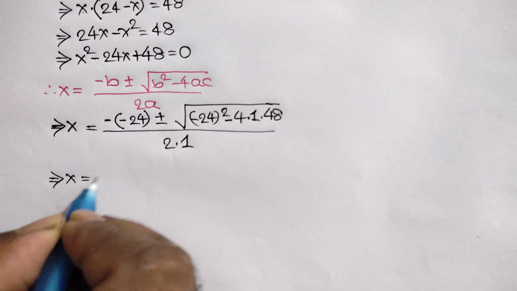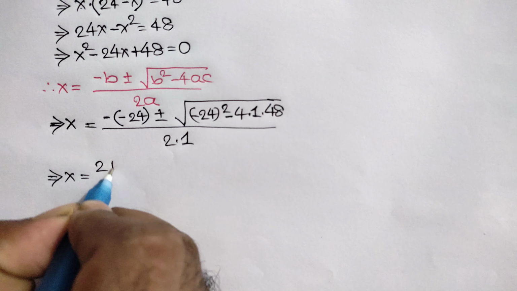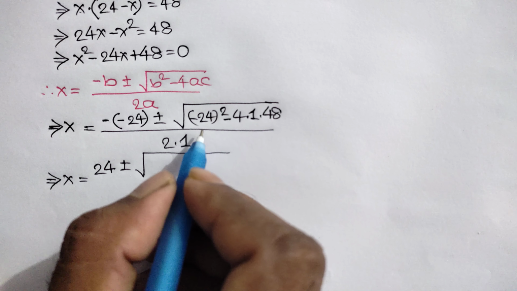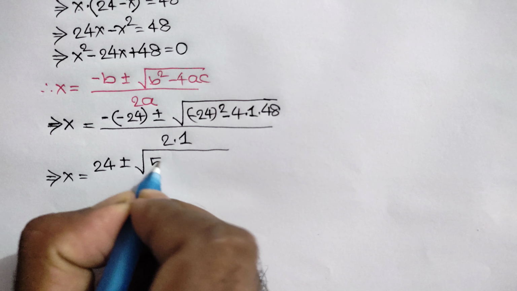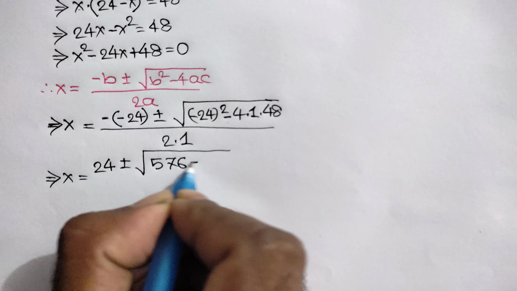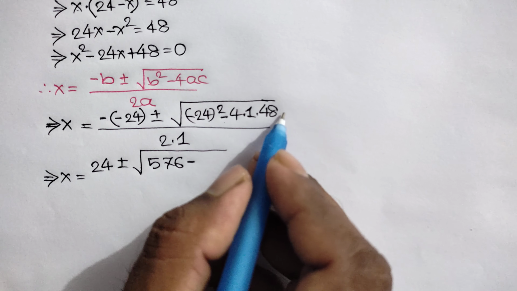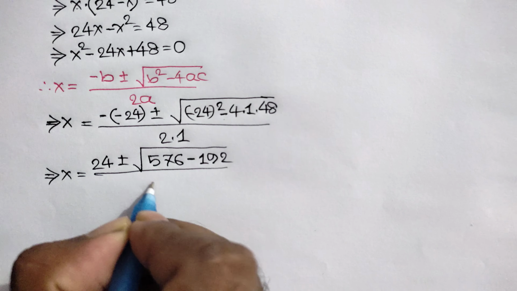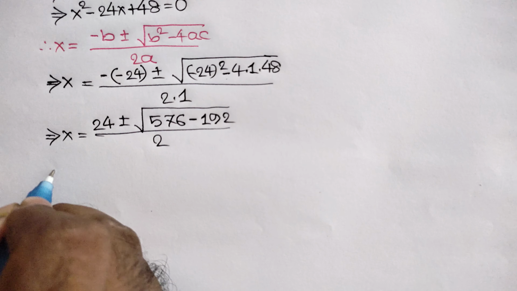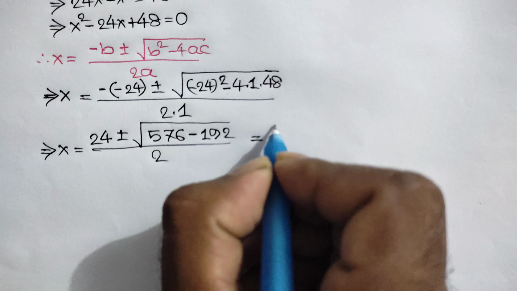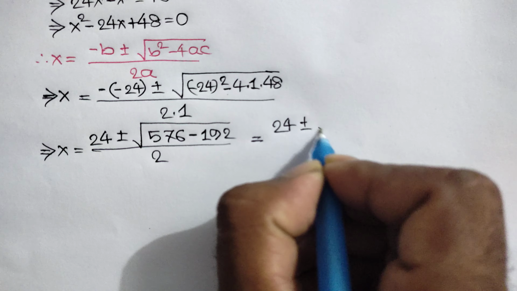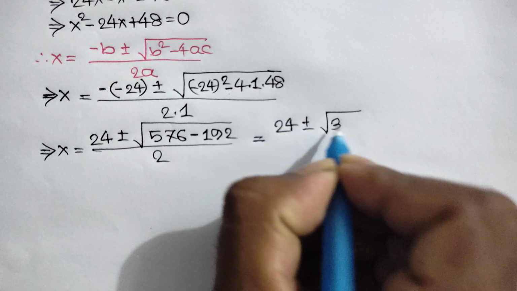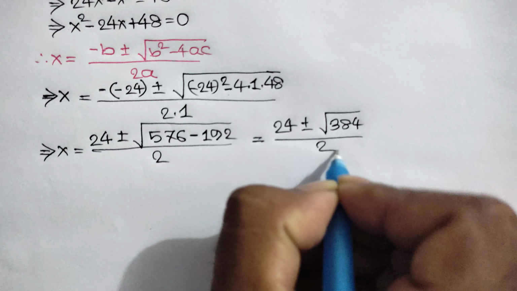or x is equal to minus times minus is plus, so here we will get 24 plus or minus square root of negative 24 square, that means 576 minus 4 times 1 is 4, 4 times 48 is 192, all over 2 times 1 is 2, is equal to 24 plus or minus square root of 576 minus 192 is 384 over 2,